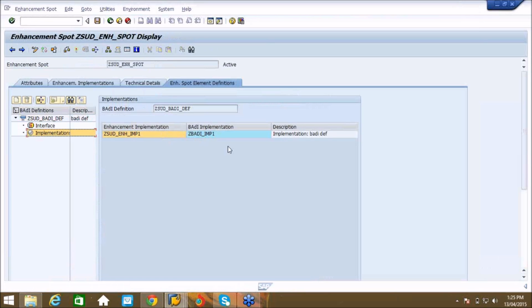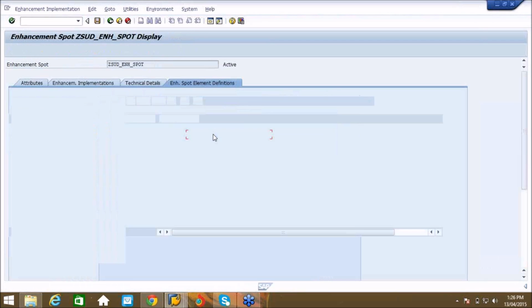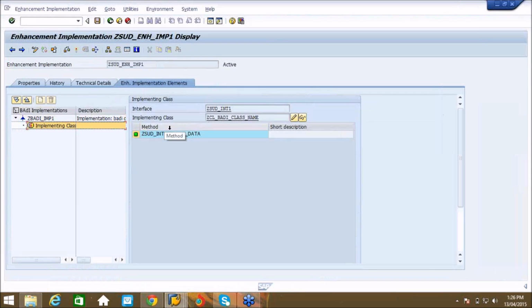This is my implementation. I'll double click on the implementation to see the class. I'll expand this. I have an implementation class. In the class I have a method. The method name is write data. So I will try to call this method in my program.